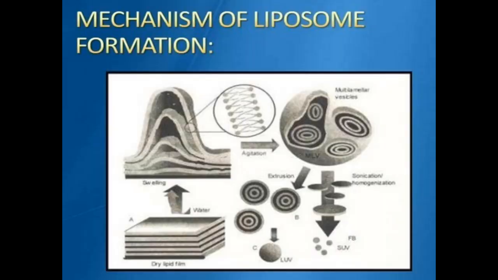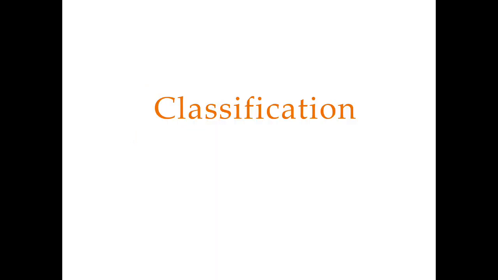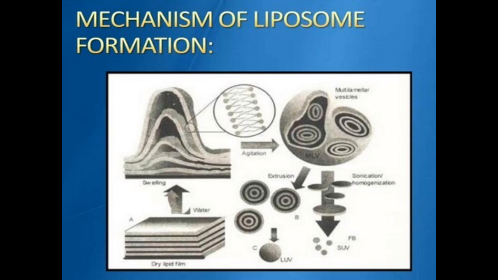As far as the mechanism of liposome is concerned, in the last slide we saw how that bilayer of lipid is exposed for hydration, and how that lamella eventually swells and forms the spherical shape. That sphere is called the liposome. In this diagram we are able to see the dry lipid film which we have to expose to water, then obviously it will swell after a while, which has been confined with respect to the aqueous as well as non-aqueous region, that is the polar head as well as the non-polar part.